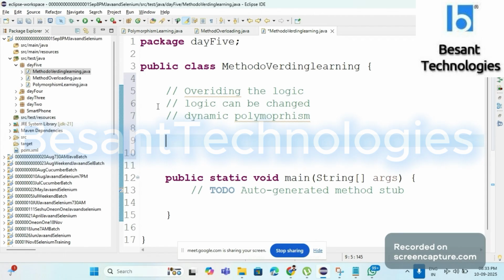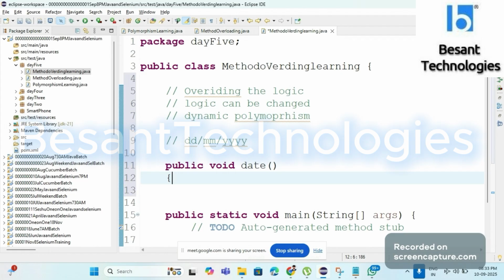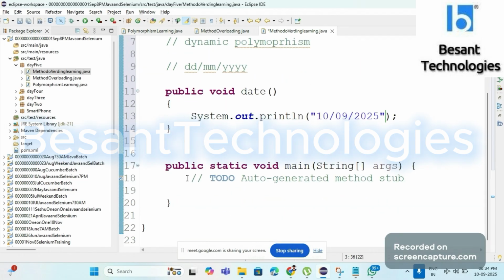Okay, guys. Overriding, the logic can be changed. It is called dynamic polymorphism. So you are working for a service based company, and your client is asking to display the date in the format of dd-mm-yyyy. So what will you be doing? You will be displaying the date, right? Yes or no? And while running the program,